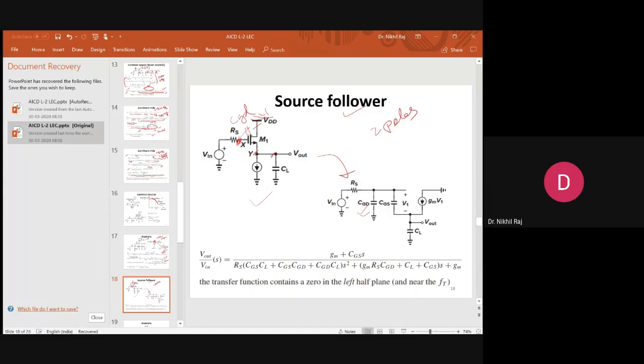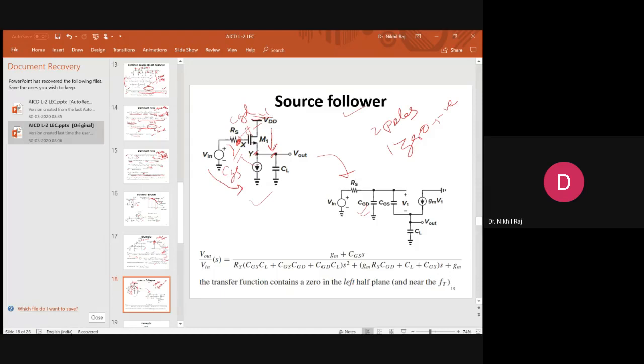Now for the zero, whether any feed forward path is there. So if we see, the signal at X will transfer through M1 in this direction, and a signal from X to Y will transfer through this CGS in this direction. So at the output node, there are two paths, through M1 and through CGS. So this means there is a feed forward path through CGS. Now when there is a feed forward path, this means there will be one zero. Now what we see, the main signal direction and the feed forward direction both are in the same form. This means the zero will be in the negative part.